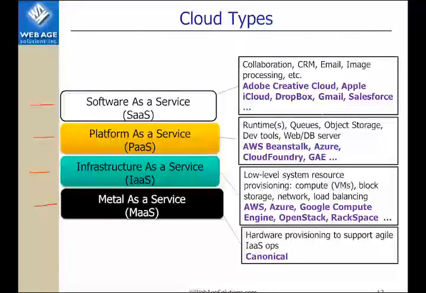And with software as a service, you would have all those applications which are near and dear to all of us. You would have Apple iCloud, Dropbox, Gmail, Salesforce. Salesforce was the first, and Salesforce also purchased Heroku, and they moved on to platform as a service. So things are kind of moving up and down. Google moved from platform as a service using Google App Engine, and they exposed the Google Compute Engine,